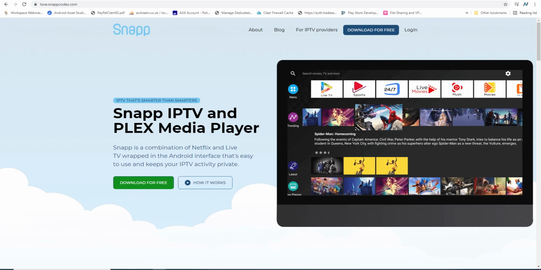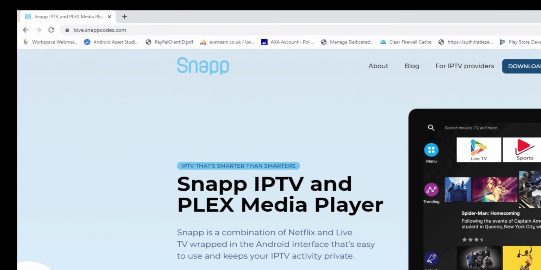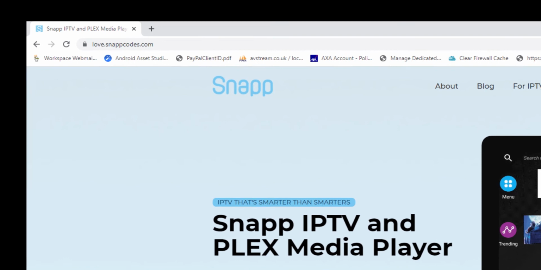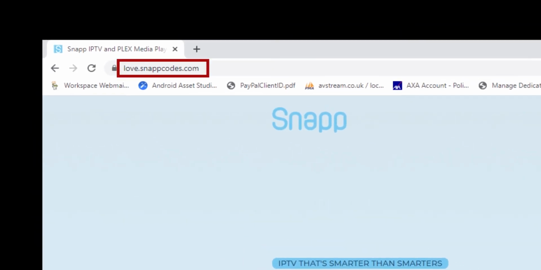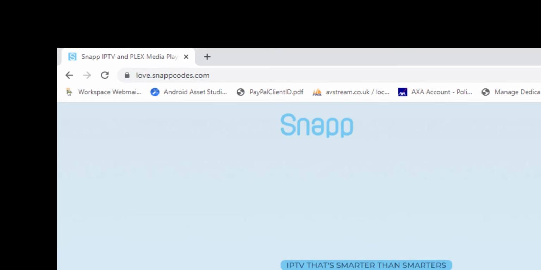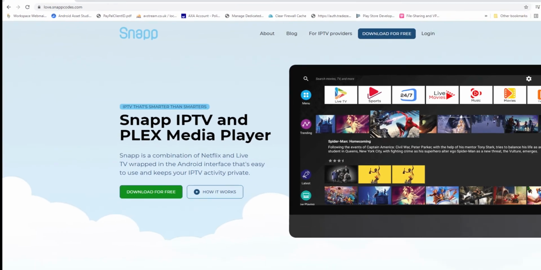I'll just quickly run through what you need to do to log into the new panel, because at the moment we're just in a beta release for testing purposes. So what you need to do is enter this URL into your browser. It's love.snappcodes.com, so very similar to the original URL for the Snappcodes website, but instead of www at the start, we've got